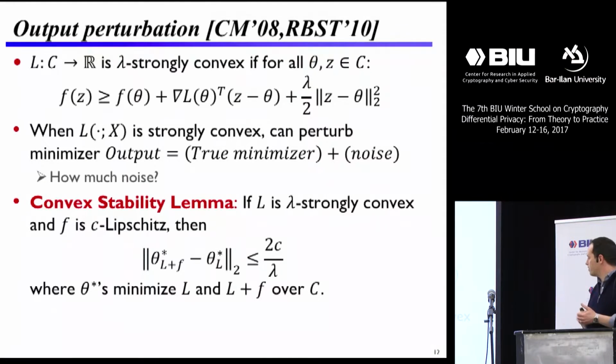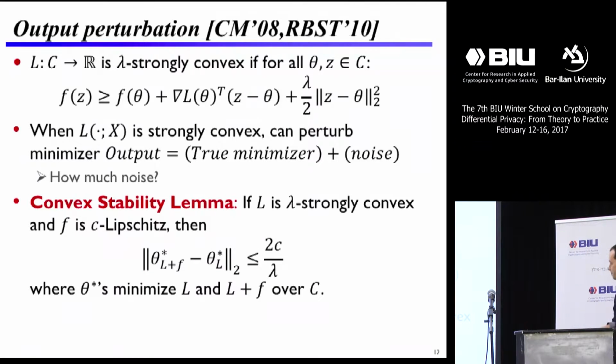And in order to bound the stability here, we can use the following lemma, which is a very useful thing to know if you play with convex functions at all. If L is a lambda strongly convex function, and little f, not the same little f as above, that was really L, but this is a different function, is some little function that is itself C Lipschitz, meaning smooth,